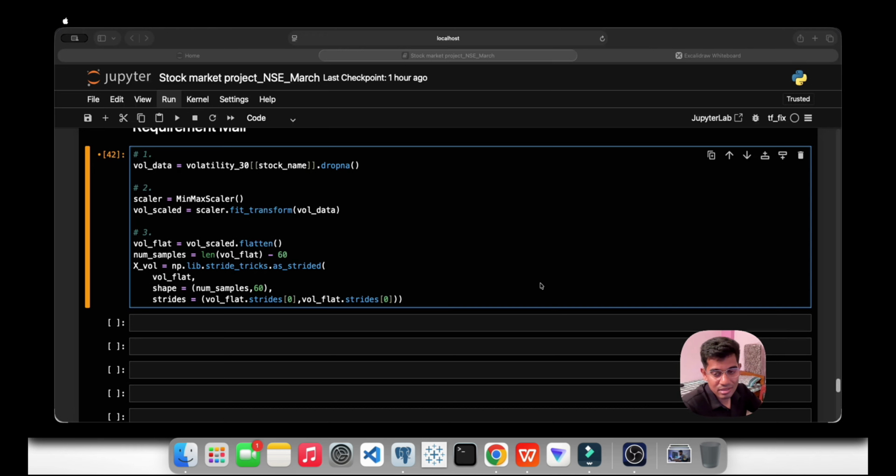What was the current shape in the previous part, the third requirement? It was 920 comma 60. So 920 samples, 60 timestamps each, 0 to 59, 1 to 60 days, like that. And the one that we are giving here is for one feature. Why are we using this? Because for the RNN, let me first write what RNN is. Features, time steps, samples.